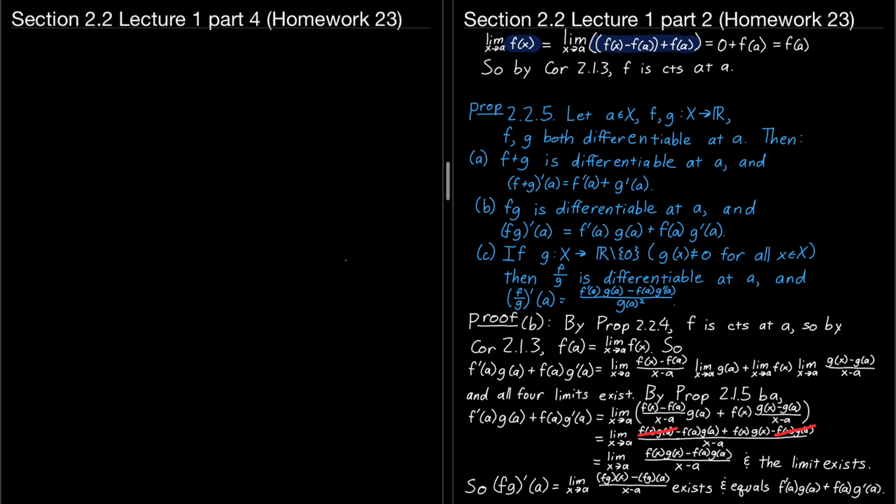All right, let's have an example. This is example 2.2.6. This is going to show that the derivative of a polynomial is the thing we saw in calculus. So first off, if f of x equals c for all x, where c is a constant, then